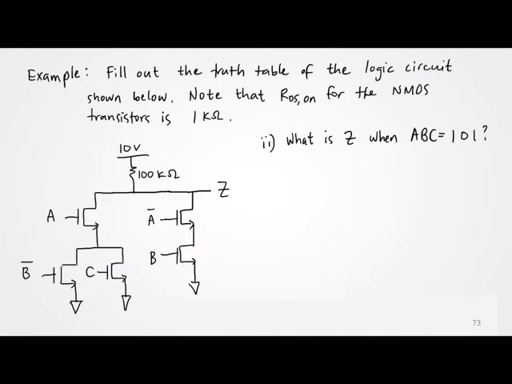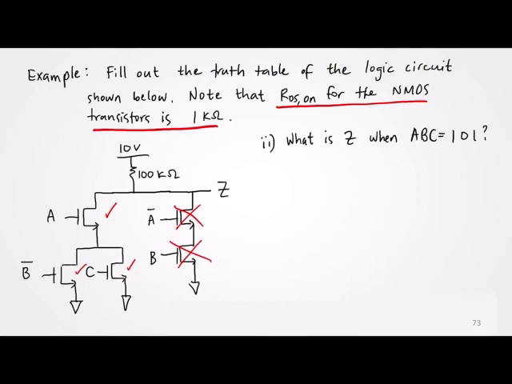Now, what if ABC is 1, 0, 1? So, if A is 1, this is on, this is off. If B is 0, this is on, and this is off. And then, if C is 1, this is on. So, we actually have a path, no, to ground. But, how do we get the value of Z? Now, that's where this